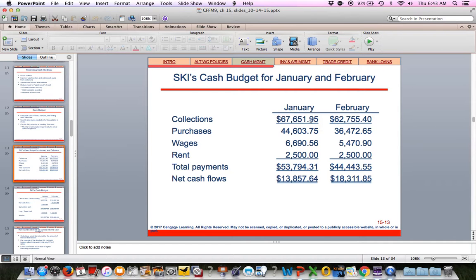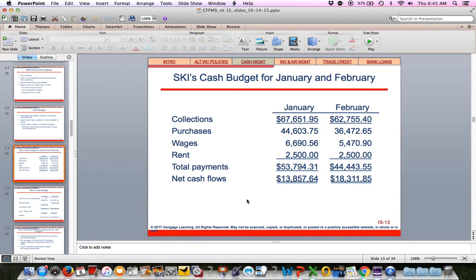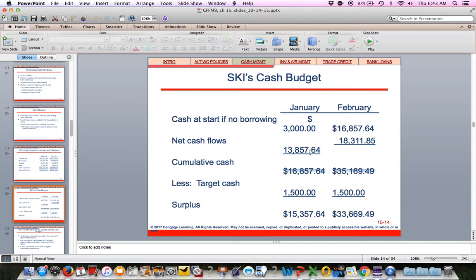And then you can see here, for these 2 months, we're projecting more cash coming in than cash coming out. And again, I don't know what happened in my PowerPoint that I got goofed up here, but you can see that cash at start, if no borrowing, is $3,000. And then we've got our net cash inflows, and that's from the previous screen, the 13.8 and the 18.3. You can see those numbers. Our cumulative cash less our target amount of cash we want on hand